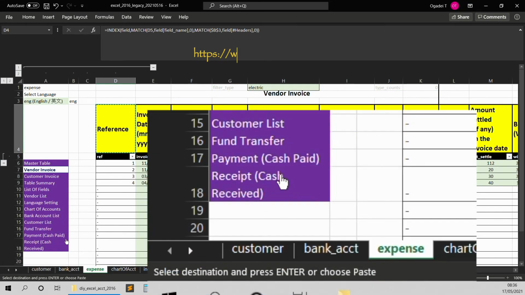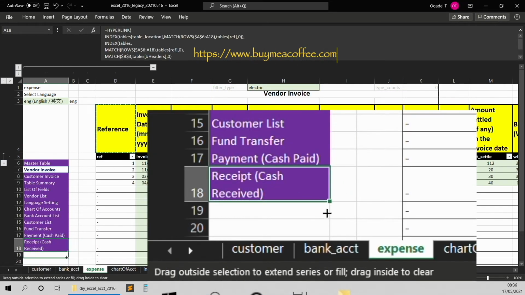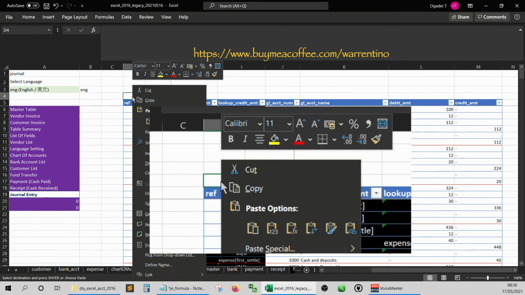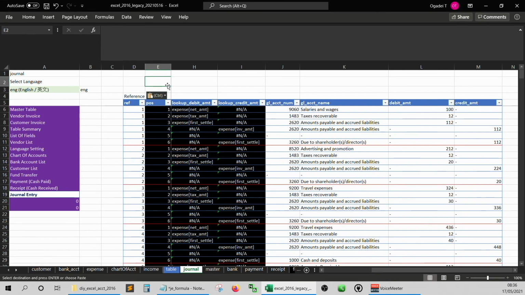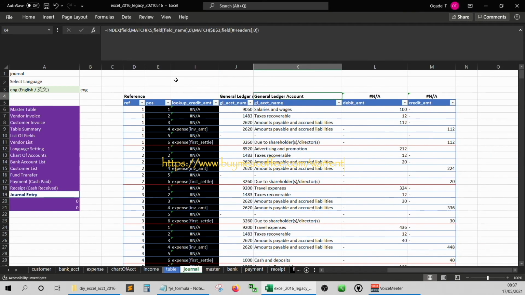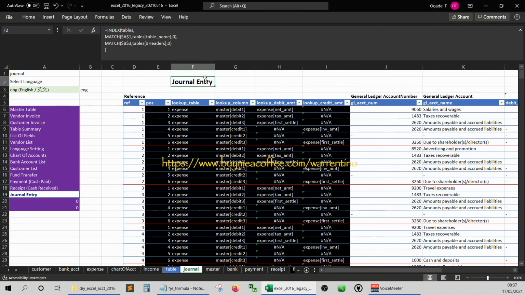Here I drag down to enlarge the toolbar. Then go back to the journal entry and paste it on top of the journal reference column. I copy and paste the journal reference description to those non-black columns. I also cut and paste the journal entry title somewhere.